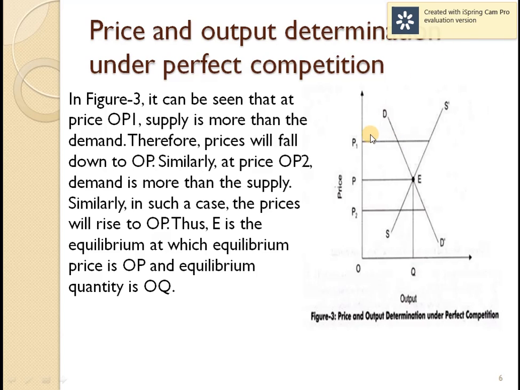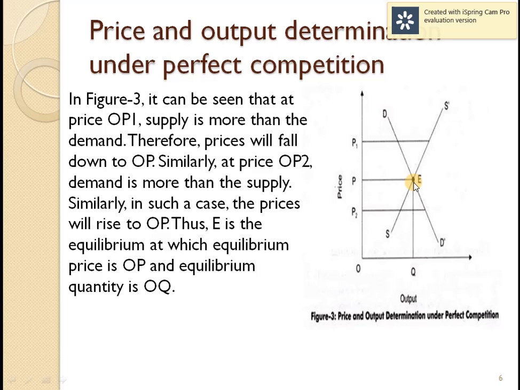Next, suppose something happens again and the prices come down. If the prices come down, we want more products. But what will happen? The supply will be restricted. So again, because of this increase in demand and decrease in supply, it will come back to the original point, that is P, which is called the equilibrium point. That means the point exactly where the demand and supply lines are equal. So it will come back to the original price.